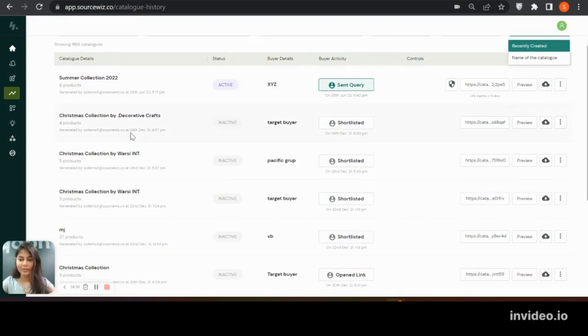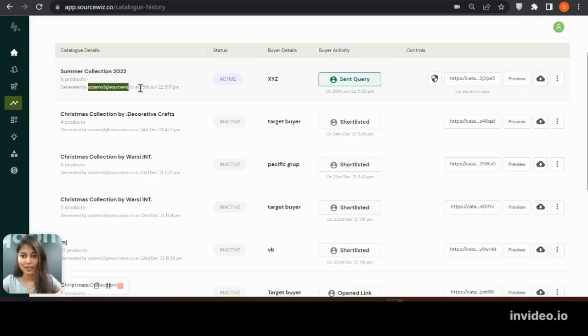Moving down, here we can find all the details for a specific catalog, such as the name of the catalog, the number of products it was featuring, as well as the user that created that specific catalog, the date it was generated on, as well as the time. In the next column, you can check out if that catalog is still active or it's inactive or still in draft mode. In the column next to it, you can find out the details of the buyer it was created for, and then you have the option to check out the buyer activity. By clicking on View Activity,